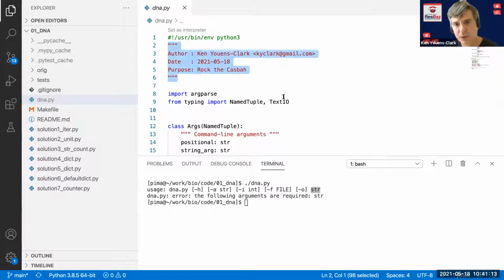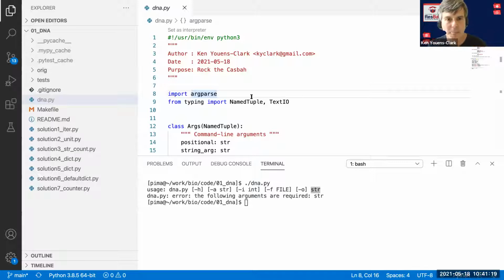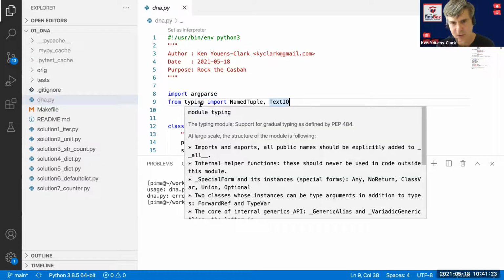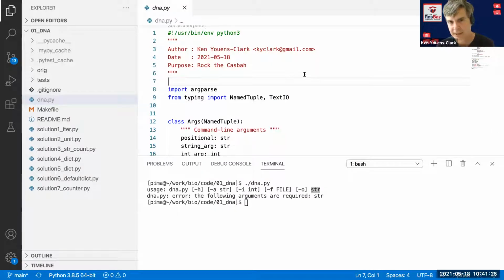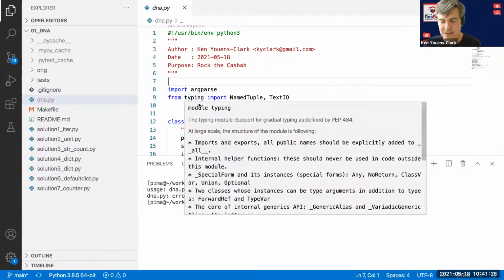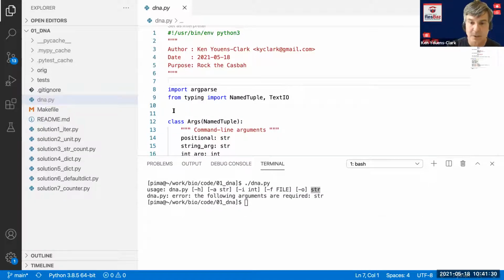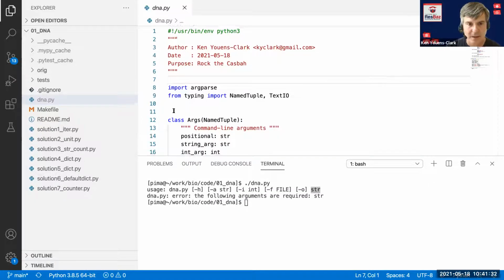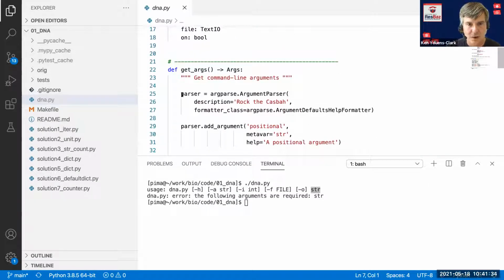It's very typical to put all of your import statements together at the top of the program. It's not a requirement. It just is nice. And I'm going to talk about this typing stuff in just a moment. But that's a new module that has existed for the last few years that allows me to describe the type of data. So I'm going to be using argparse to create this argument parser.